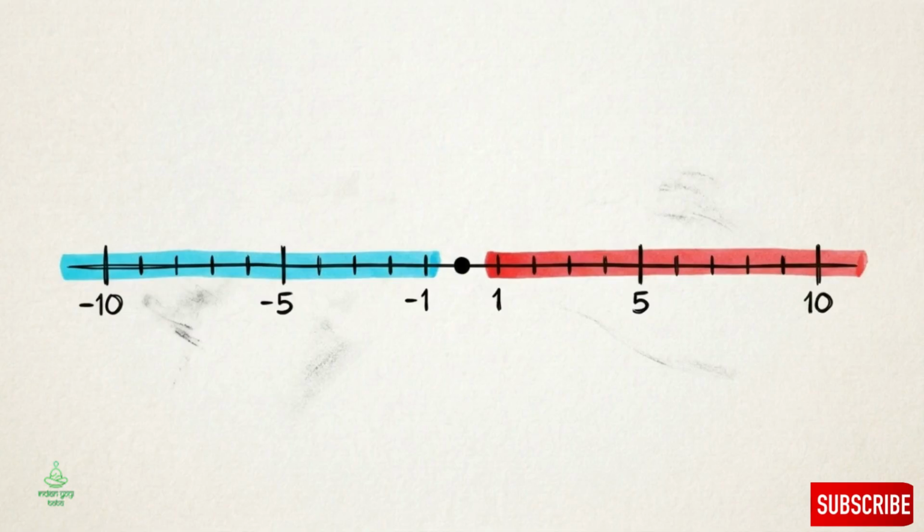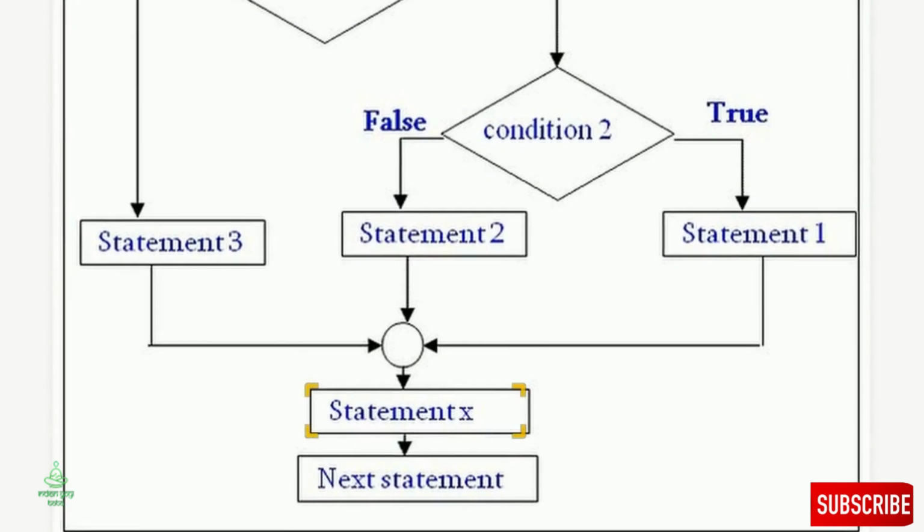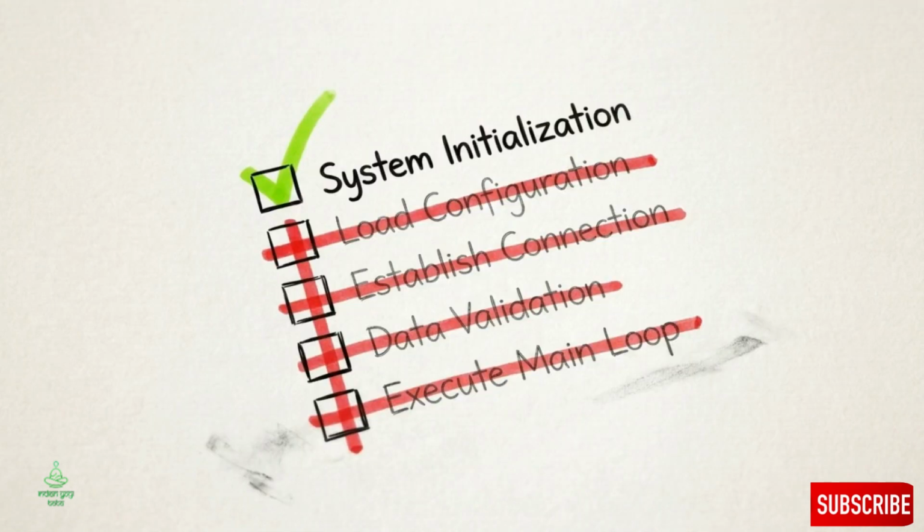For example, determining if a number is positive, negative, or exactly 0. This diagram outlines the solution, the else-if ladder. It sequences multiple conditions one after another. The compiler evaluates this ladder from top to bottom. The moment it finds a true condition, it executes that block and short-circuits to the end. The else-if ladder acts as a tool for mutual exclusion. You use it to prioritize a list of conditions, ensuring only the very first true statement wins.